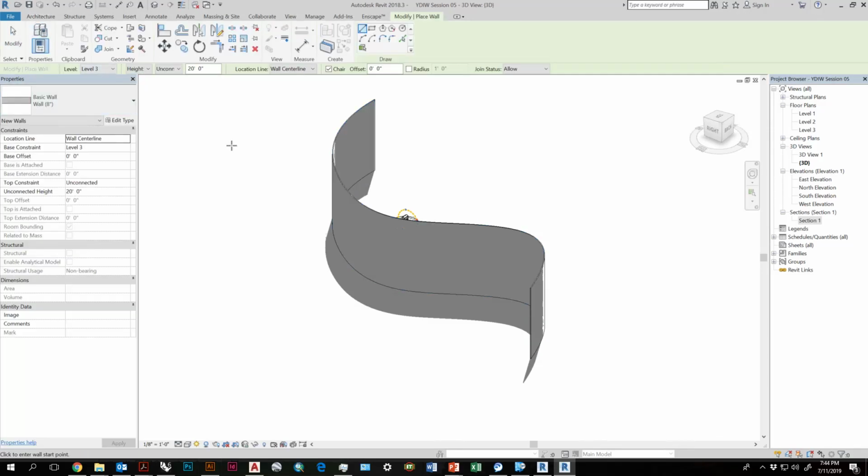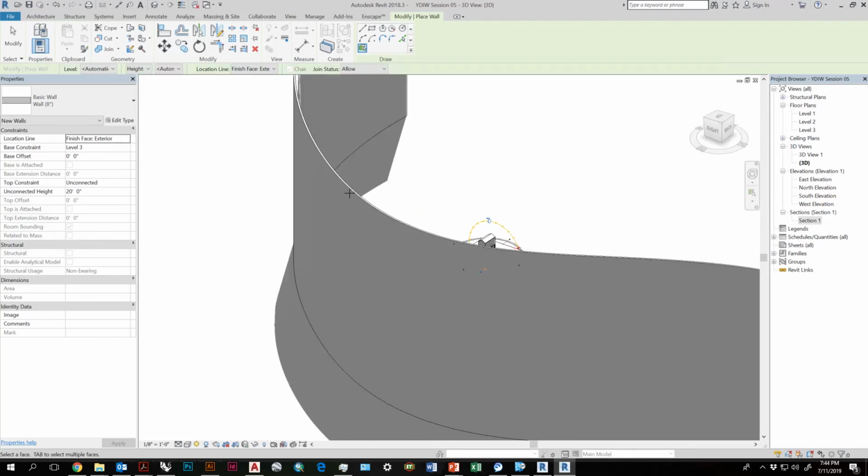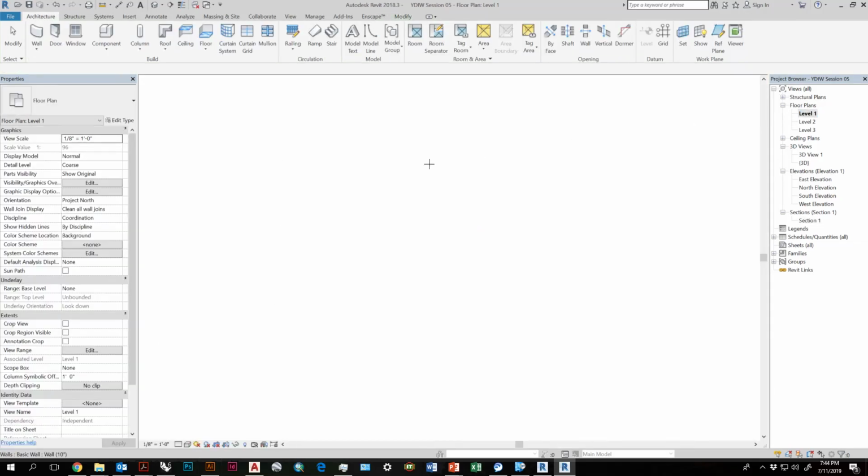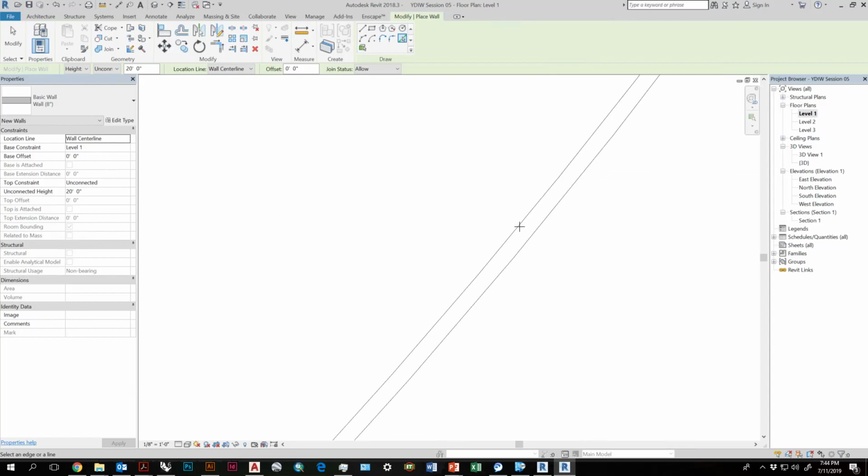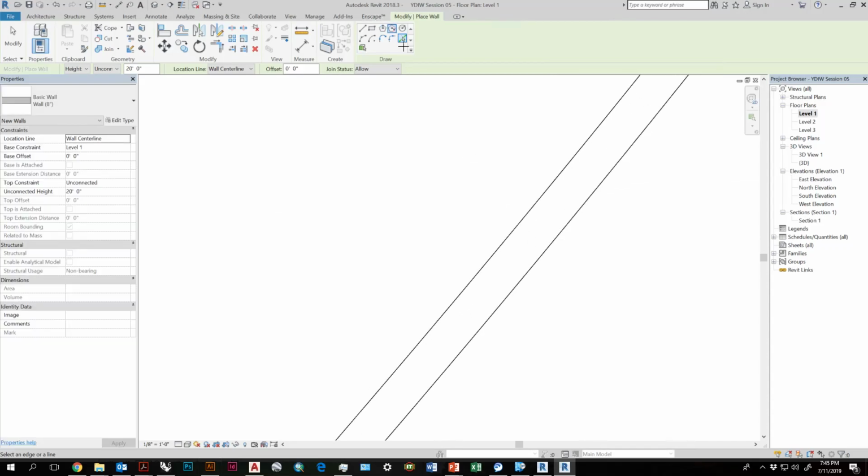I'm going to hit Wall, and I'm going to hit Pick Faces, and it should allow me to select the face of the wall here, or maybe I could do wall by picking a line. Of course it's not working.